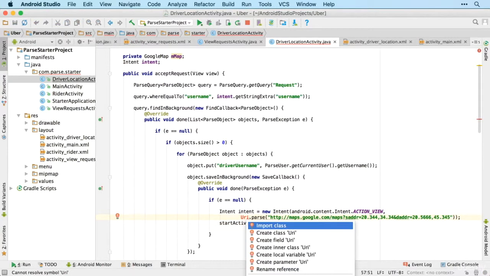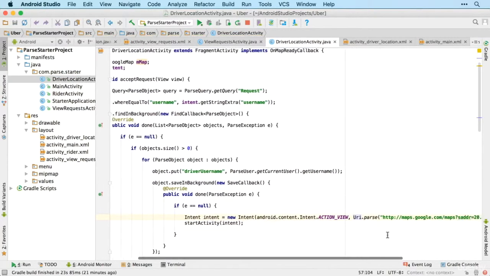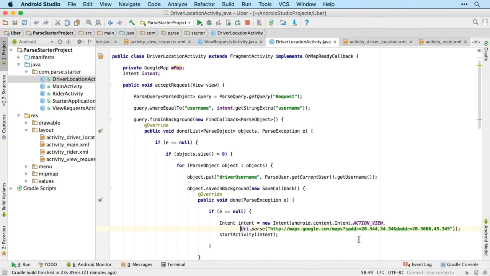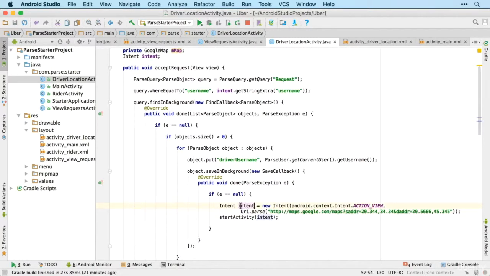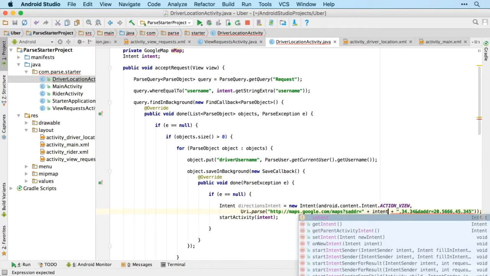So let's add in the URI. Okay, so yeah, we'll put that on the next line so we can see all of it. So then I'm going to call this something else so we don't confuse it with our previous intent. And then we just need to get all of the values from our initial intent. So it's going to be a bit messy, but here we go. So intent.get